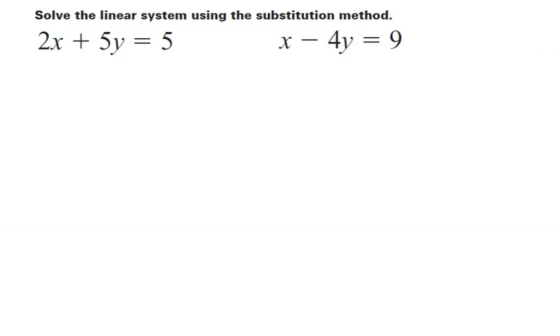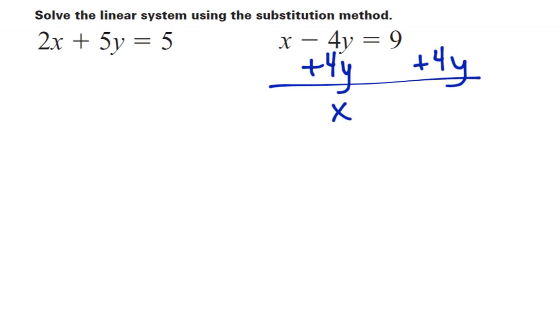Here is another problem. I'll try and go a little more quickly through this one, but pause and make sure that you understand each step of the way. First of all, which variable should I isolate first? That should now be obvious. I need to solve for x in the second equation. I could solve for other ones, but I'd end up with fractions and don't want to have to deal with that. So I'll add 4y to both sides,